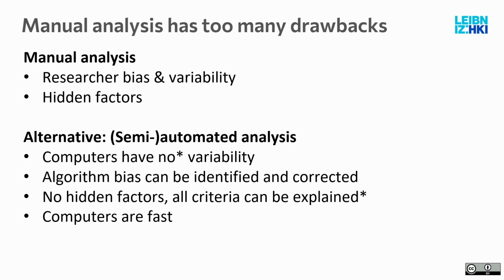So to summarize, we have here the manual analysis. It starts with researcher bias. You have variability where it's hard to make decisions, and you have hidden factors on the decisions. When is it inside? When is it outside? Where is it written down? Who decides it? It's somewhere here in your brain, and it's not written out in a formula or